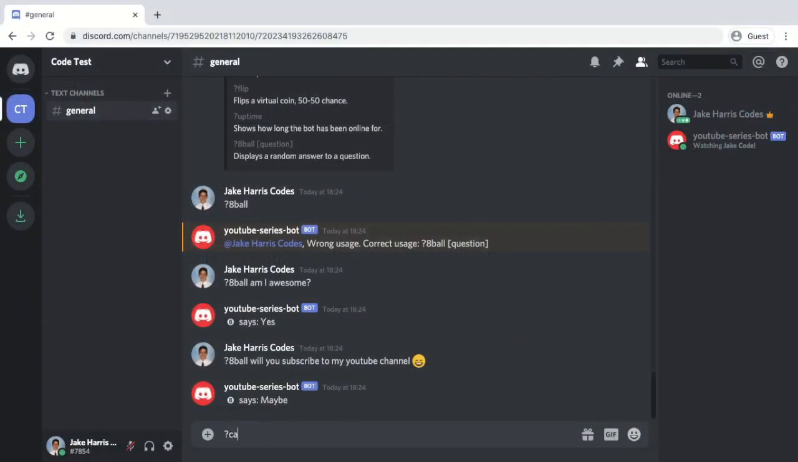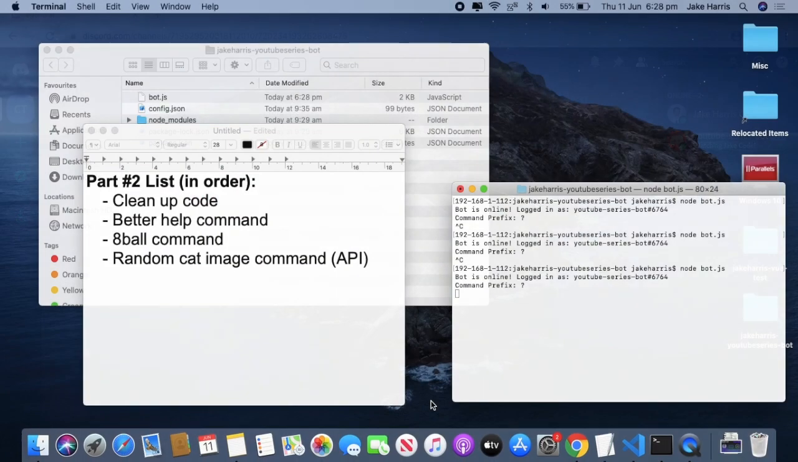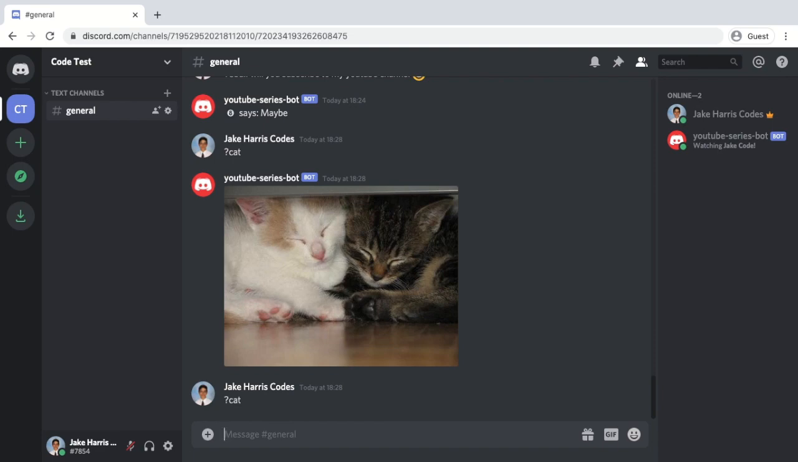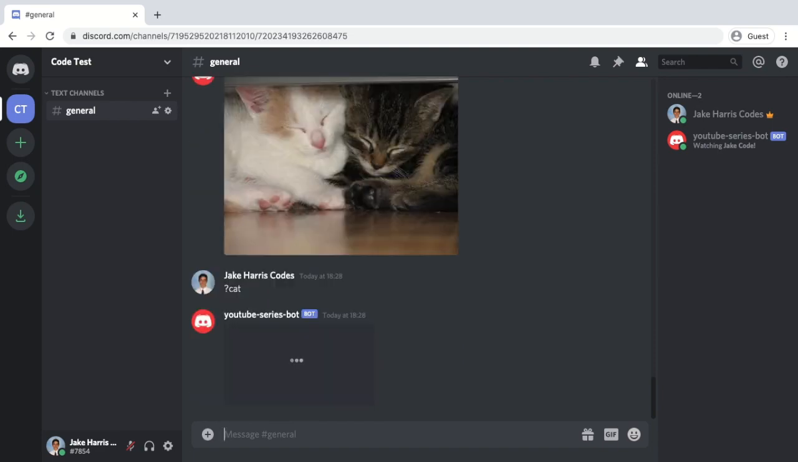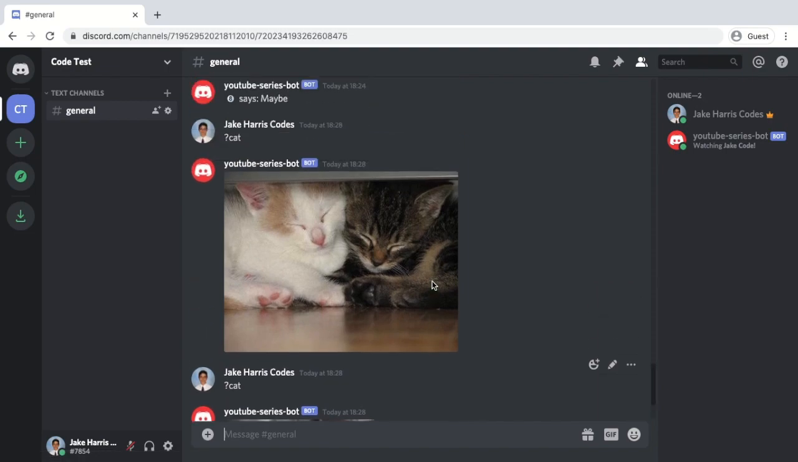There we go. Cat, and it might take a while. It's not the fastest command. Oh, there we go. Sorry, I thought the bot crashed. It was very slow. So there we go. Let's do cat again. This does take a while, and it also depends on your internet speed. Yeah, there you go. It's a very, very slow thing since it uses an API,